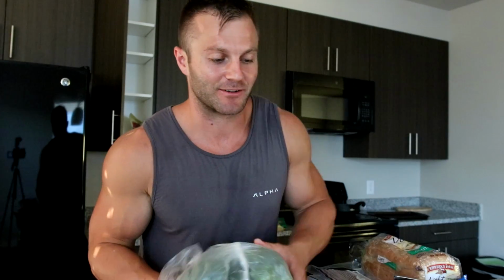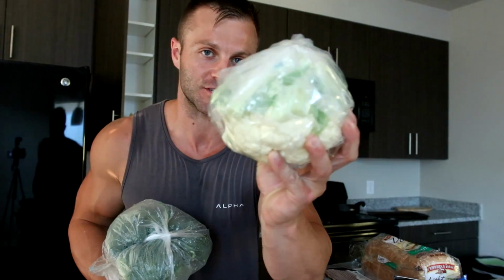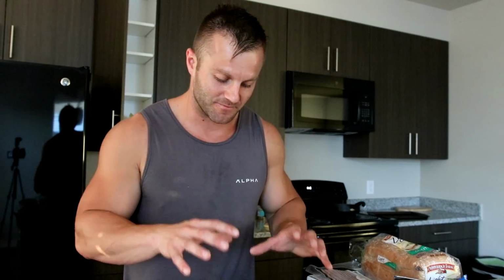So this, I was just walking through the grocery store. If I'm bulking, I would never do this. It sounds so good right now. Cauliflower, so just pick it raw from this, and raw broccoli, just pick it from the stalk. Dip it in some light ranch dressing. I already have it in the fridge. I have 2 bottles of it. That's like 60 calories per serving. That is the best snack when you're dieting, because it's really low in calories except for the dressing, and